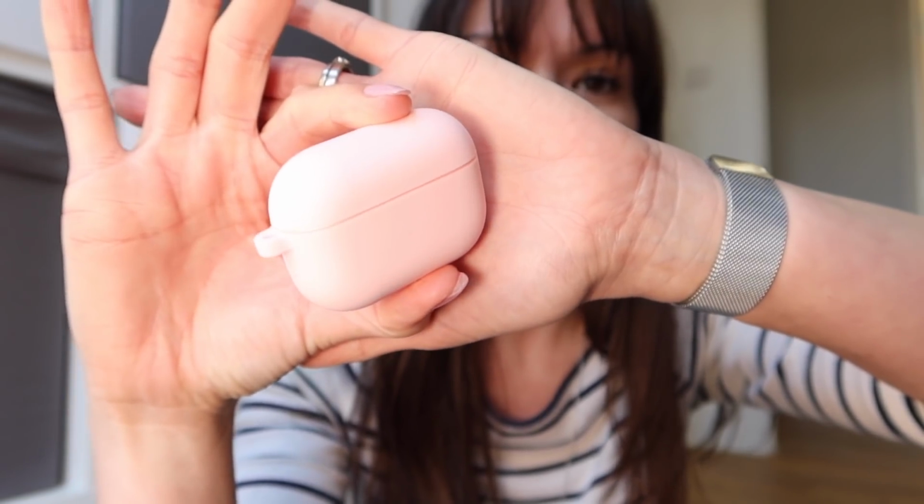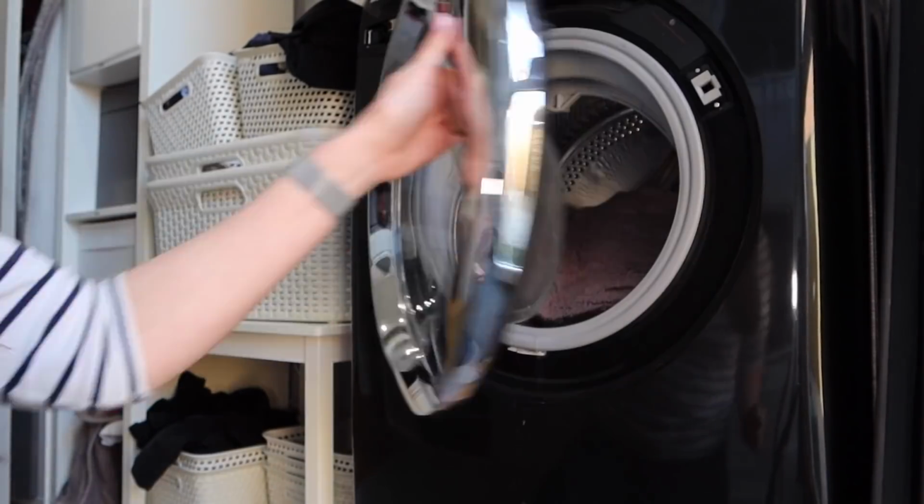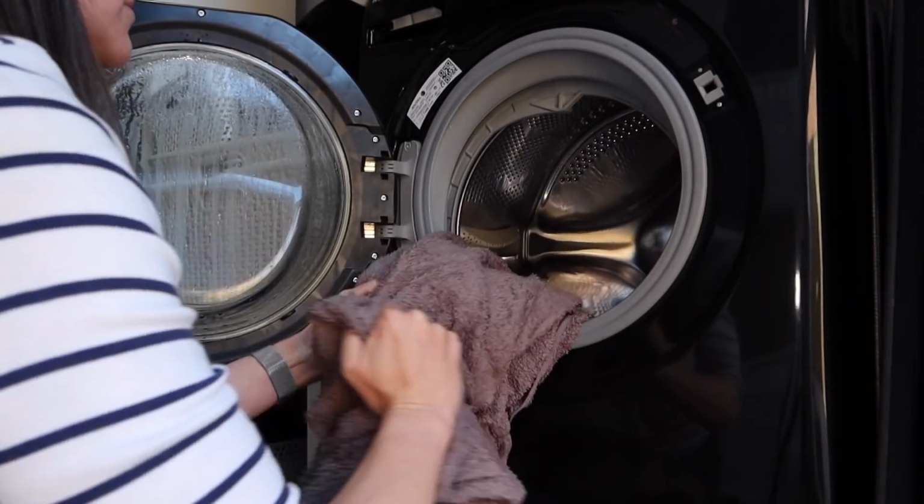So the first thing I'm going to do is pop some wireless headphones in. I like to listen to either an audiobook or some music while I'm cleaning. It keeps me motivated. So the first thing I'm going to do before we head upstairs to tackle the bathroom